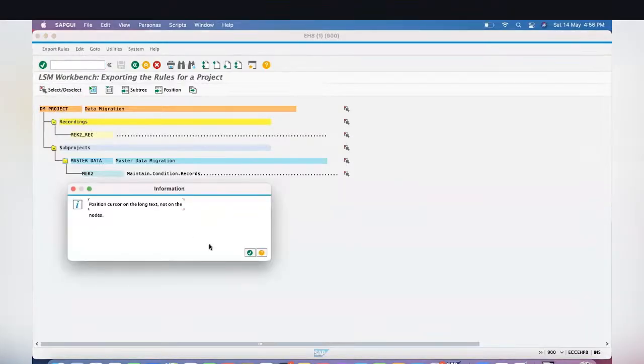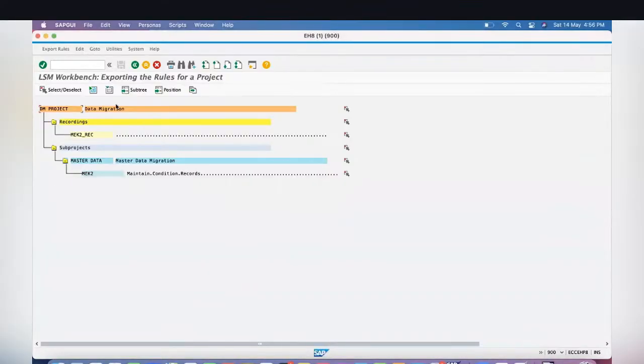Position the cursor on the long text. This is deselect, this is select. By default it will come in select, so you can keep it as it is. For example, if you want to move only a sub-project or a specific project, then you can deselect the others and keep the selection of the objects you wanted to move. So this is how all are selected. Now click on